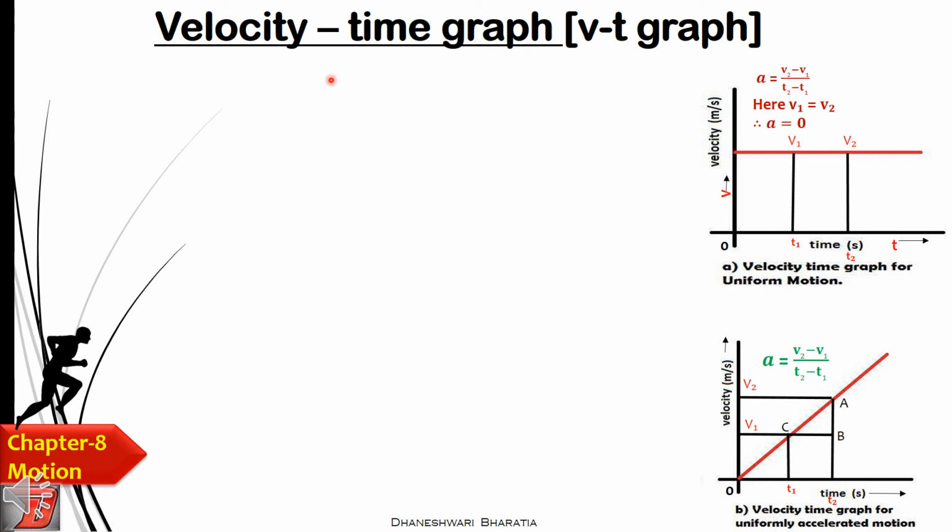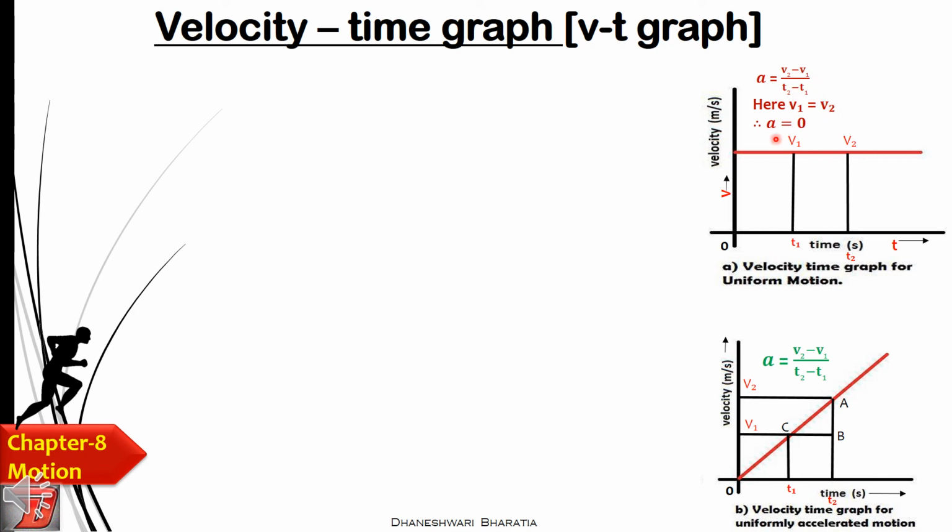Now let's talk about velocity time graph. Here the velocity is taken on y-axis and time is taken on x-axis, right? Now at t1 time the body has traveled with the velocity of v1, and here at t2 the body has reached, which means it is at the same condition. Are you getting? The velocity is the same here, and we know how to find the acceleration, right? That is the final velocity minus initial velocity upon time taken.